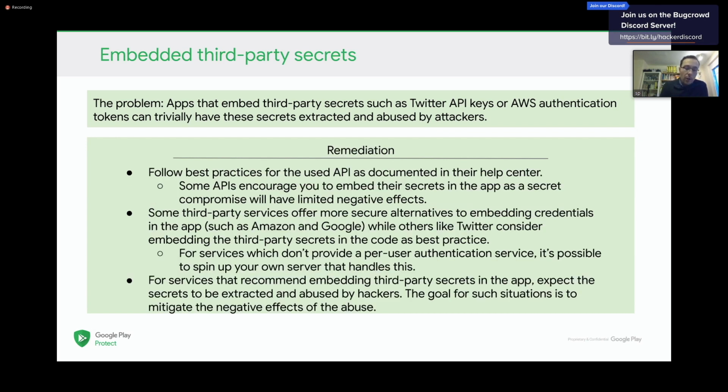Remediation is interesting because it's difficult, and there's a lot of developers out there that ask on Stack Overflow or on other sources, so what do I do? I got these Twitter API credentials, but I know that everybody can just easily extract them from my application. How do I protect that? And the quick answer is you can't really, unless you spin up a server, and essentially you use your own server to proxy these